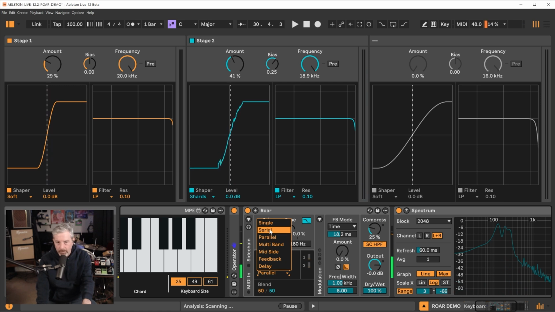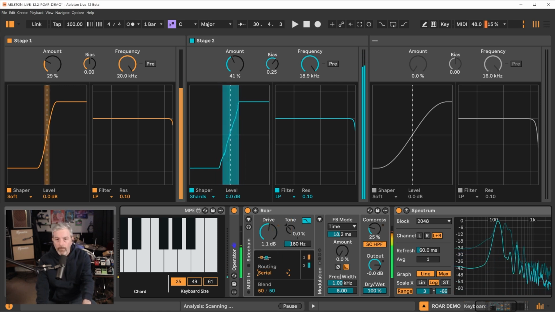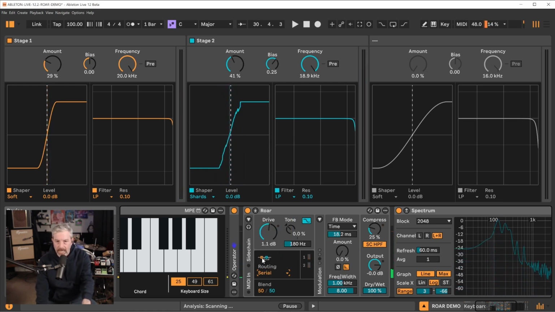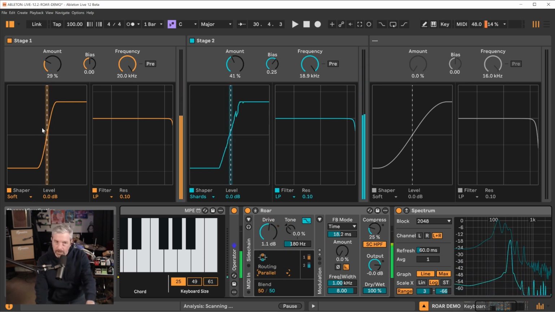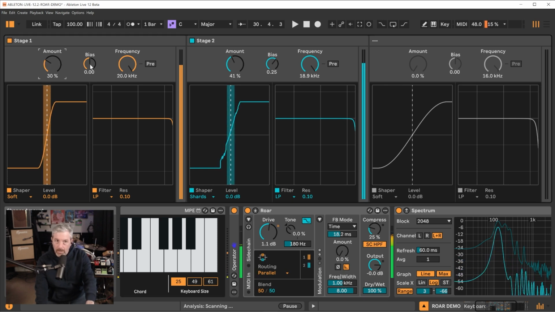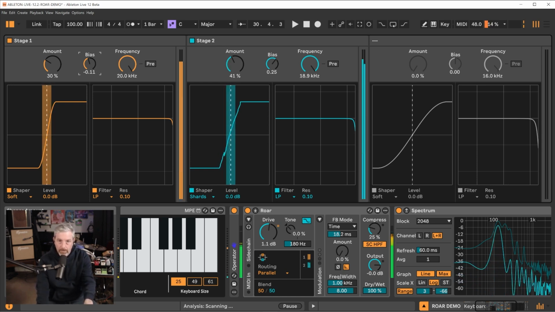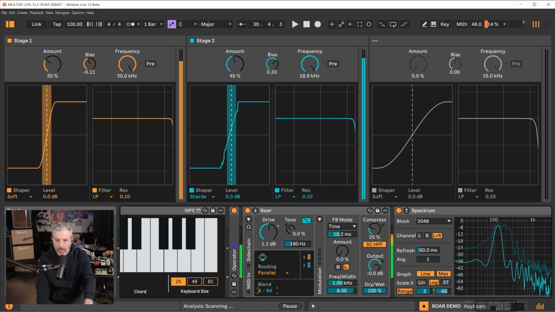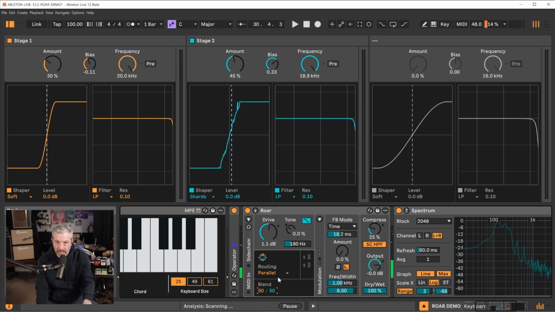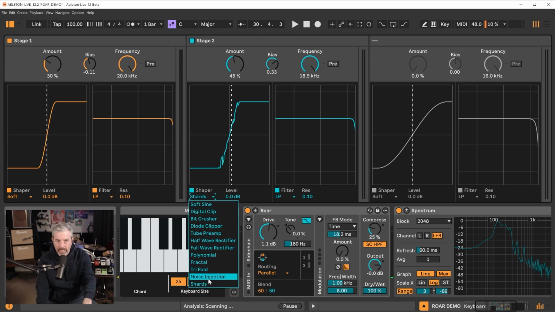So if I switch back and forth really quickly to serial, so that's in a straight line, one to the next, and parallel is a little more subtle, and you can make changes to one and it happens without affecting the other layer. That's pretty cool, just playing with the blend amount. Maybe go back to